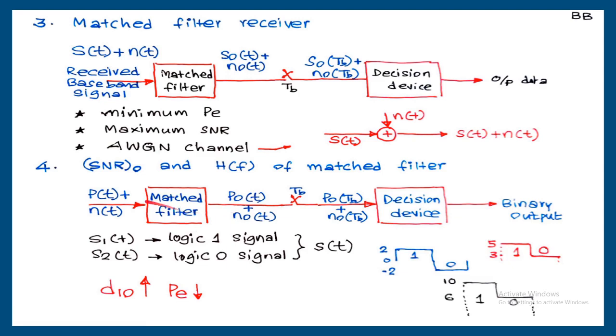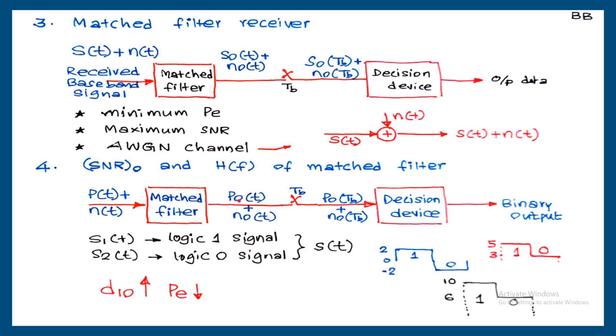That difference is defined as P of t. So P of t is S1t minus S2t. Because the difference is more, probability of error is less. So when you are calculating the probability of error of a receiver system, S1t and S2 of t, these two voltages are not the important thing. The important one is the difference. If the difference is more, probability of error will be less. That is why for this particular analysis, we are writing P of t as the difference between S1t and S2t.